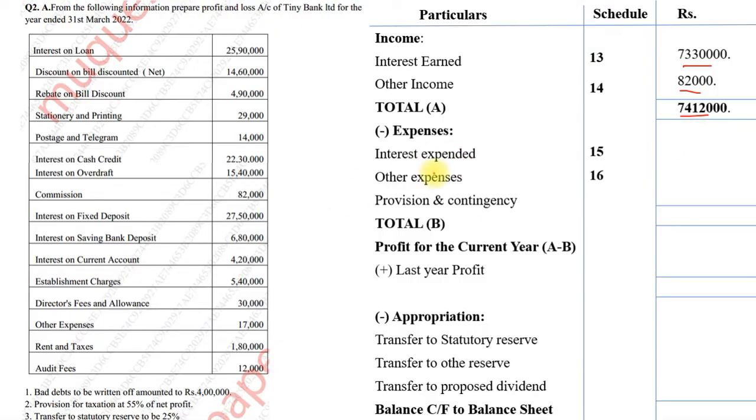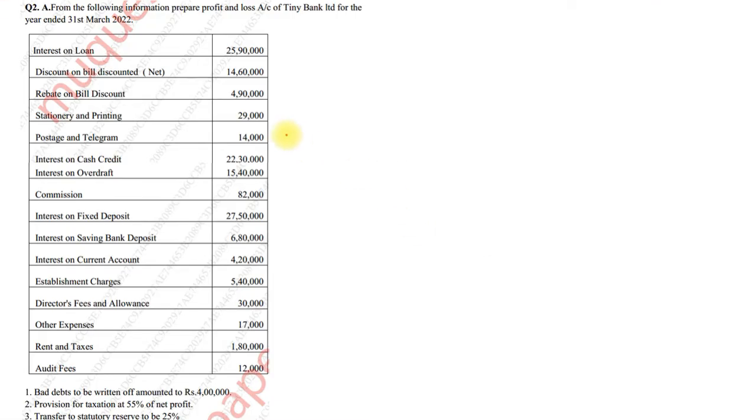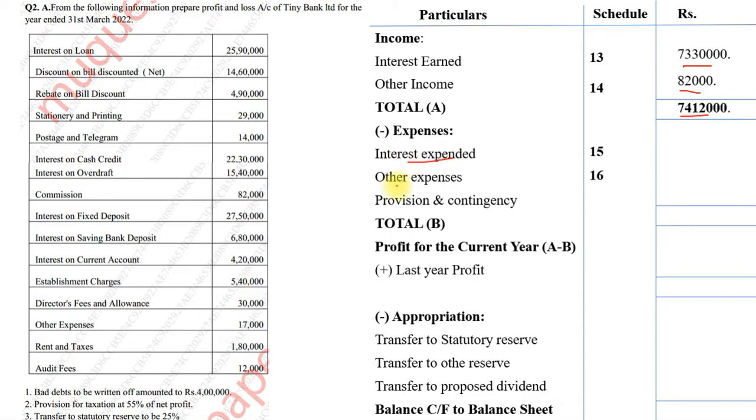Let us start with interest expended now. Let us see which things are present in interest expended. Now we can see here we have stationery and printing, postage and telegram, establishment expense, directors fees, other expense, rent and audit fees. Now wait, those are all our other expenses. Sorry, I'll just go back. We want interest expended, and what I was marking was all other expenses. So under interest expended,